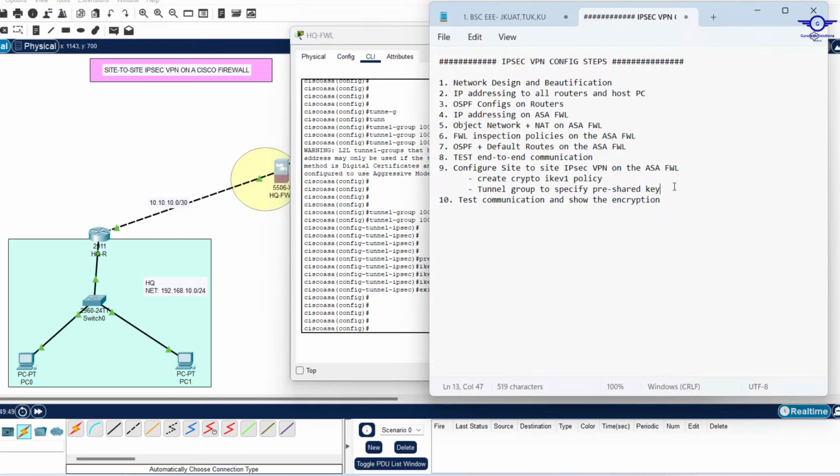Channel group to specify pre-shared key. Good. So step 3 actually is to create what's called a transform set. Create IPsec transform set. Yes. So when you're going to create an IPsec transform set,